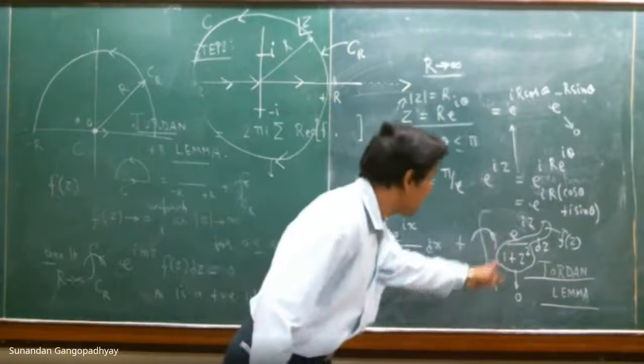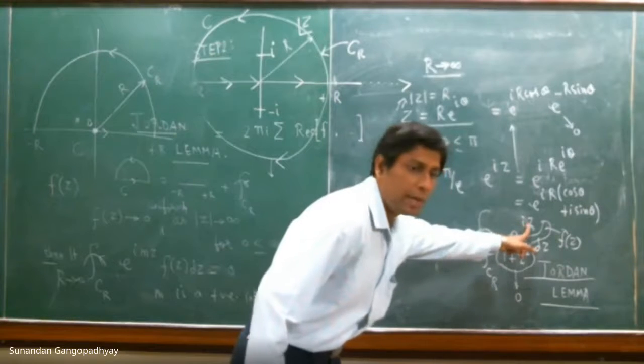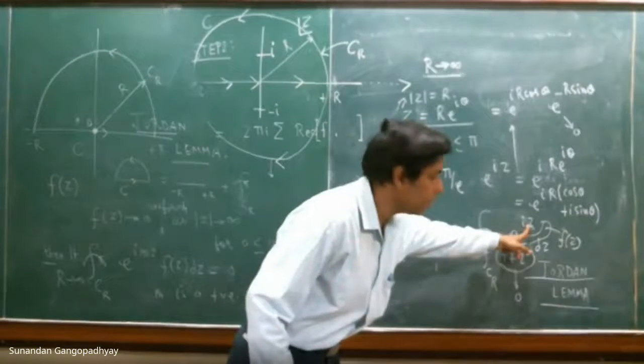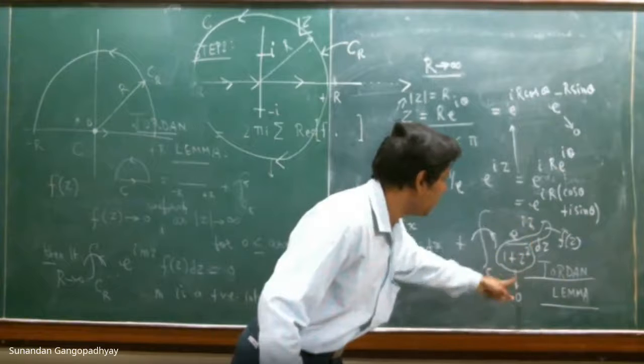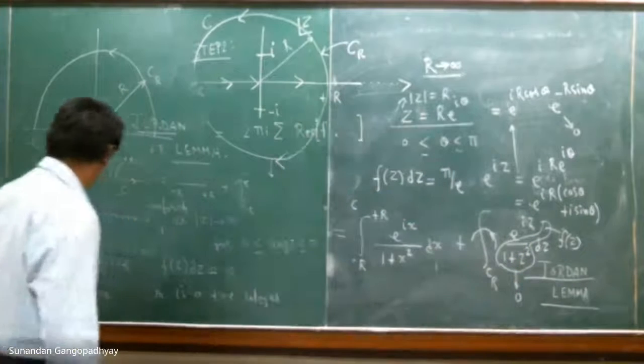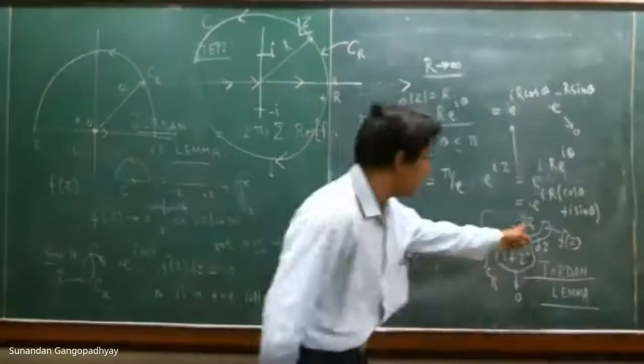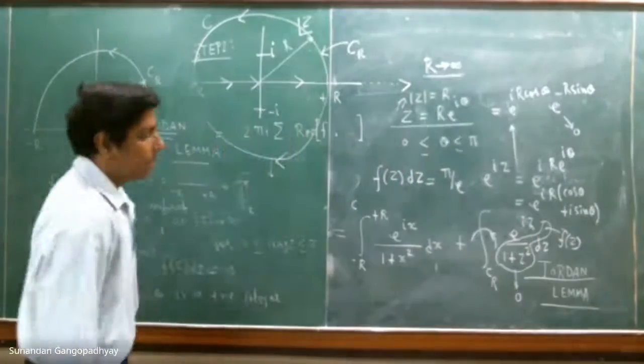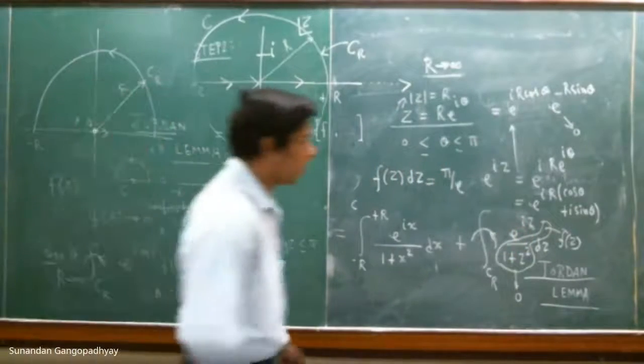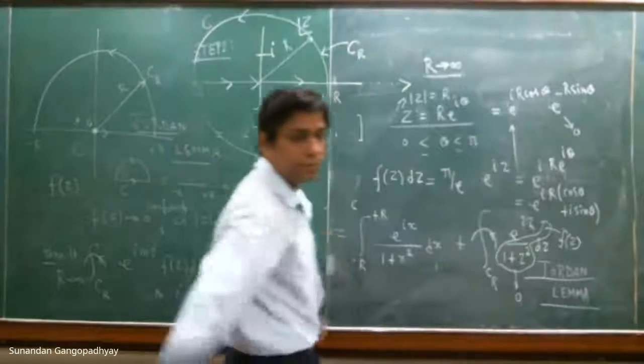And therefore, this integral of e to the power of i m z times f of z, where m is a positive integer, and m is 1 in this case, in the limit R tending to infinity is equal to 0, provided m is a positive integer. M in this case is 1. And therefore, you can safely apply Jordan's lemma; this contribution will be 0.